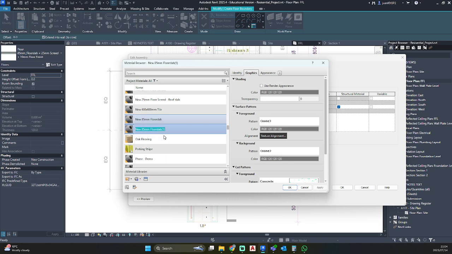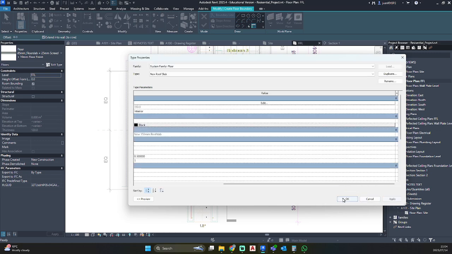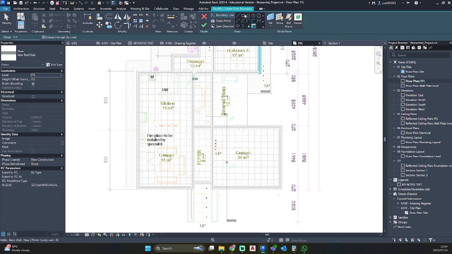Change, duplicate floor slab, new item, I'm just going to change that size, 150 millimeter roof slab, press OK, change the thickness to 125, OK, apply and OK. Then we're going to go into our rectangle tool.